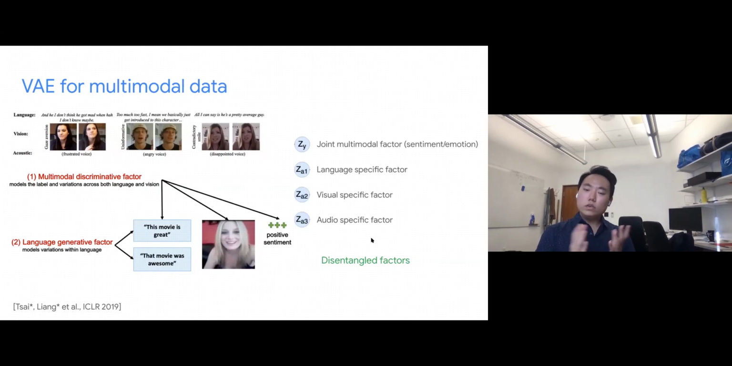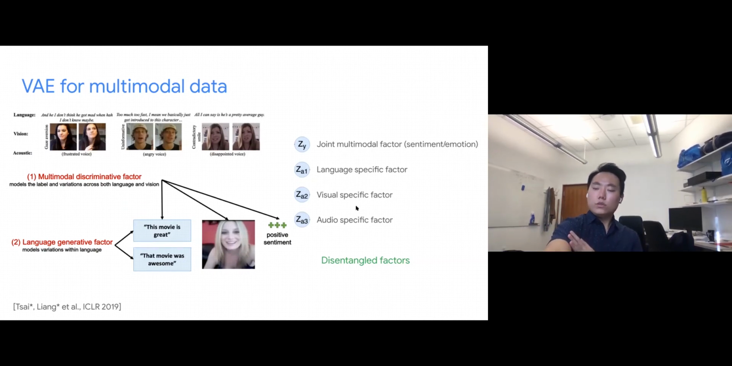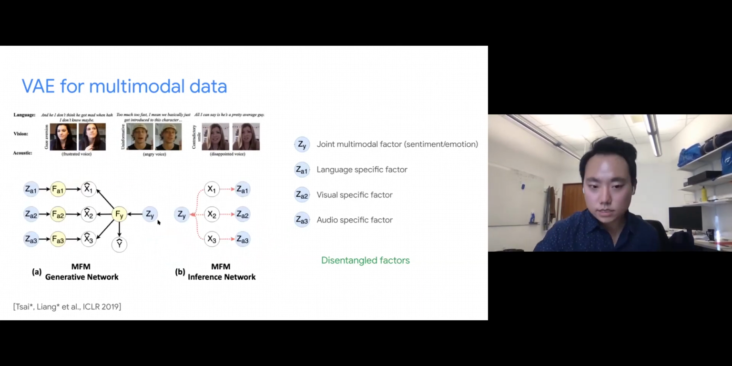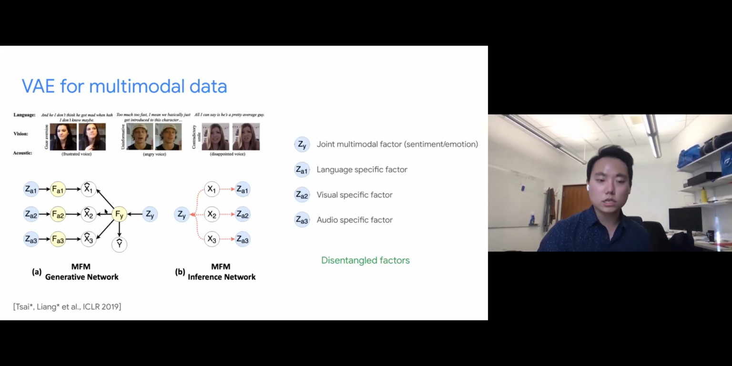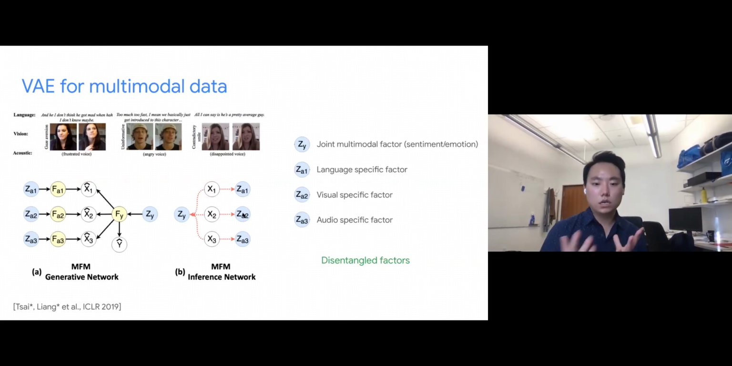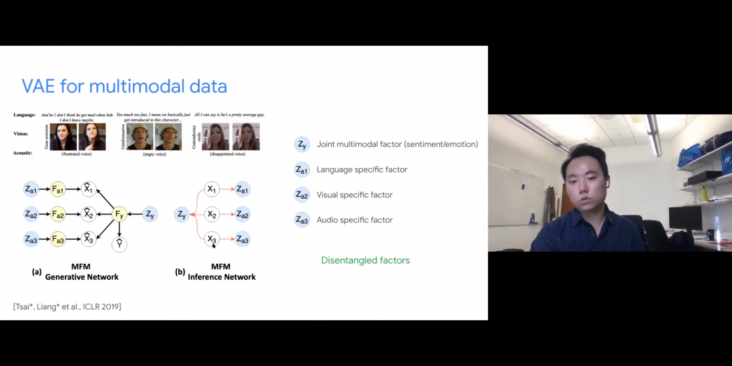So the goal here is also to learn these disentangled factors, a joint factor, as well as these specific factors for each modality. So we can do that using a variational autoencoder. We can again define a generative network that takes in these latent variables and actually generates your data, as well as an inference network that takes in your data and actually predicts these latent variables. This is also called the decoder that decodes from your latent variables to your data, and the encoder, which encodes data